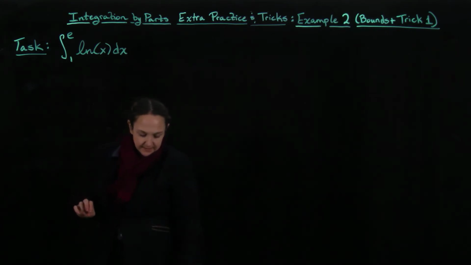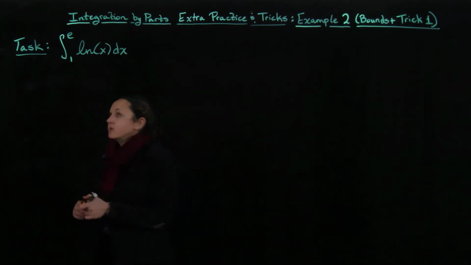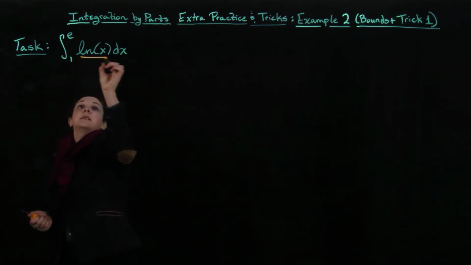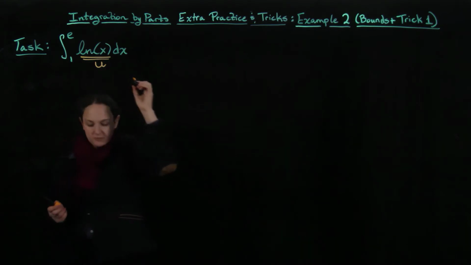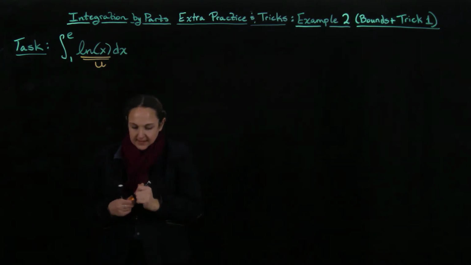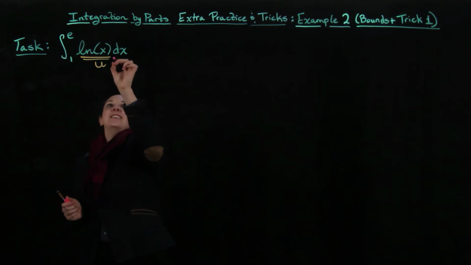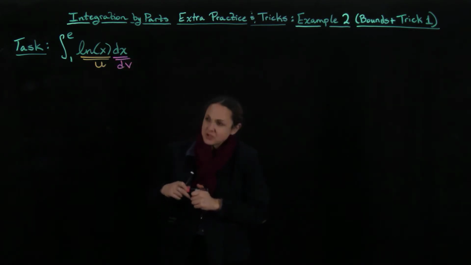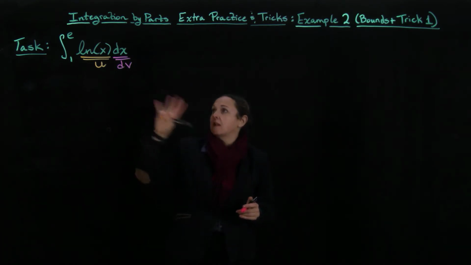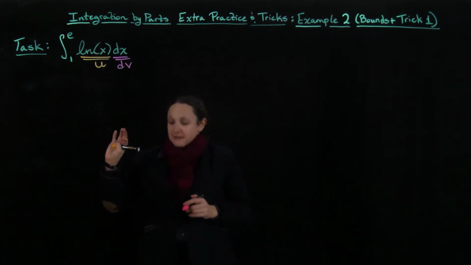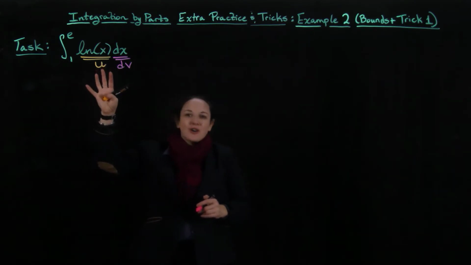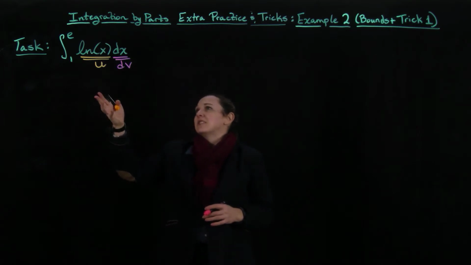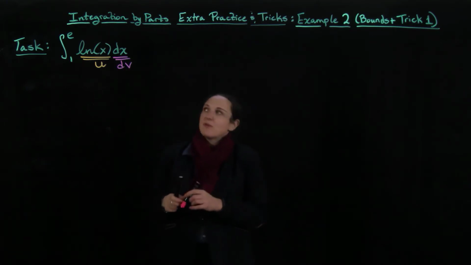This one's in some sense a little bit unusual or tricky. So what we're going to do is this here is actually going to be our u. That's not true. Yes, it is. And this here is actually going to be our dv. That might seem a little bit strange, but something that might give you an indication that it might work is the fact that if we take the derivative of the natural log of x, we actually get 1 over x, which is going to be a much easier thing to deal with, particularly if we're picking up from over here